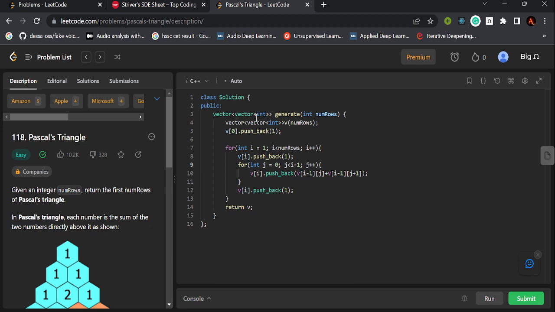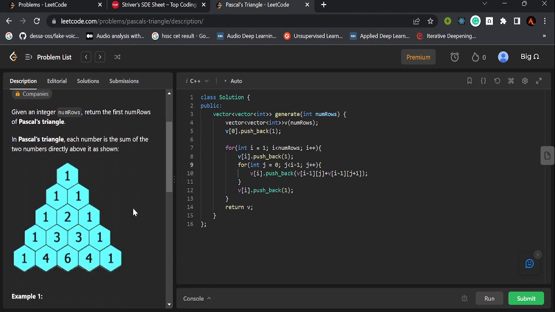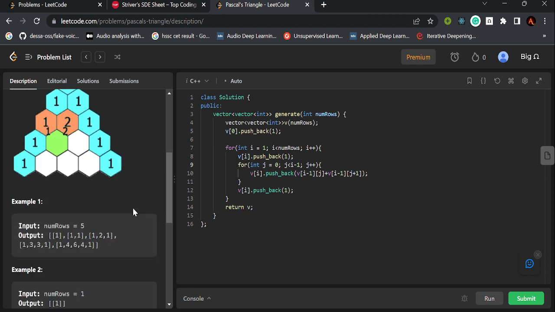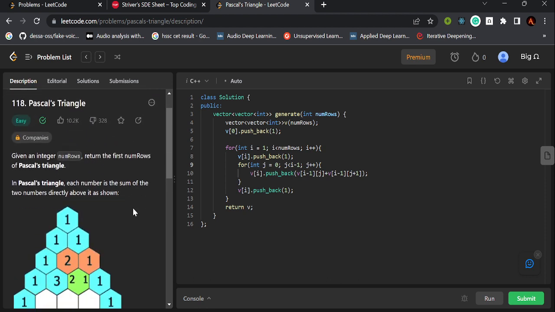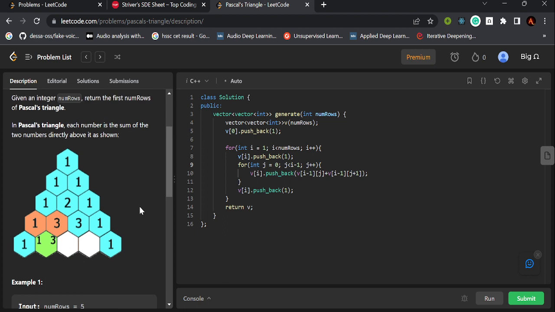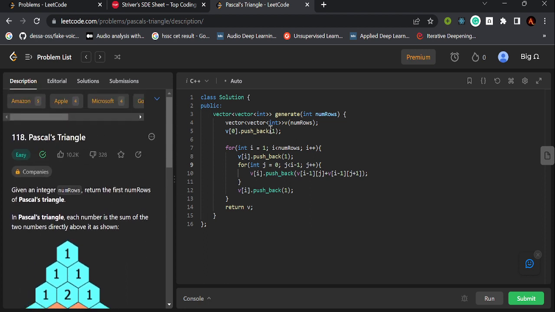We have to return a 2D vector for this problem, and we have initialized it with the number of rows given. We know that the base case for this problem will be if numRows is equal to 1, so the value 1 should be pushed into it. So we have pushed the 1 only. Then for the next